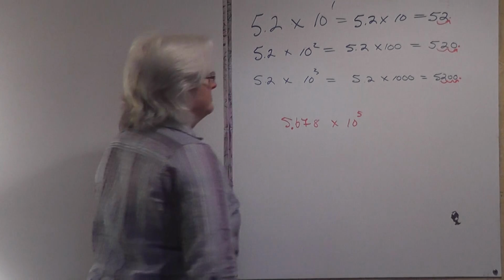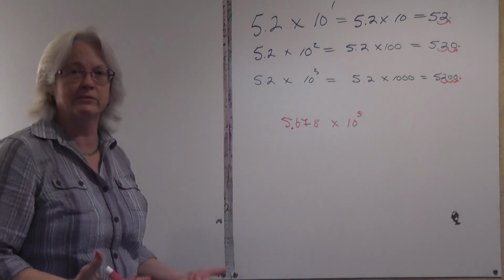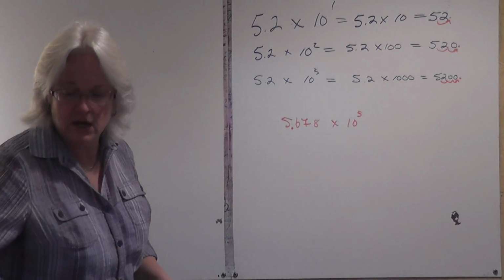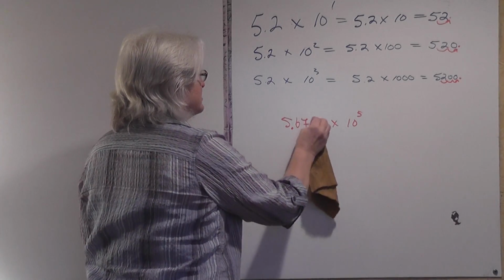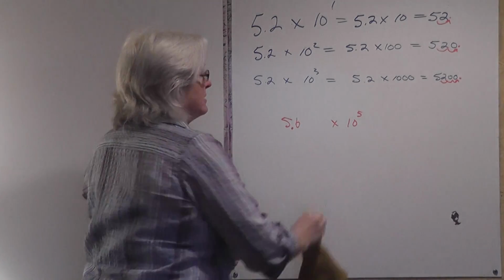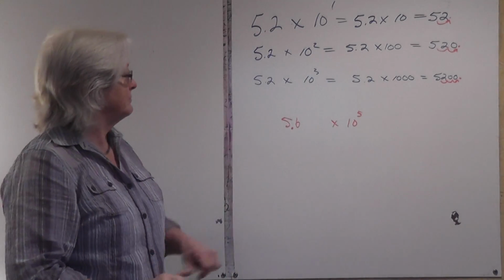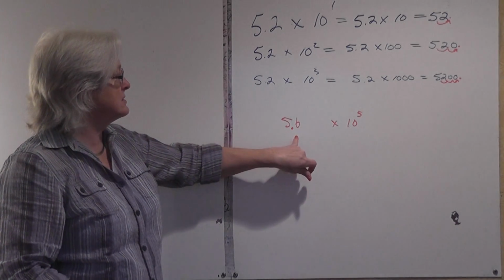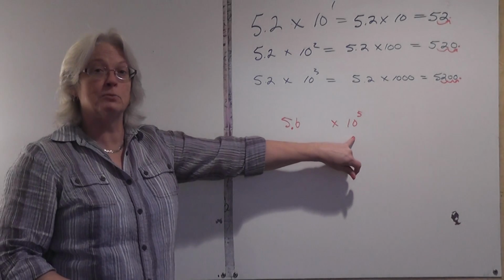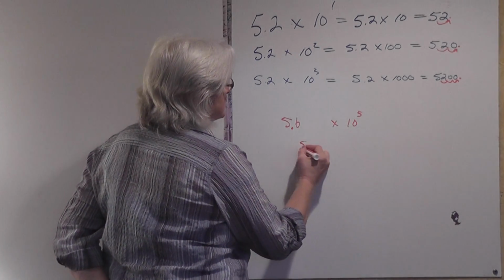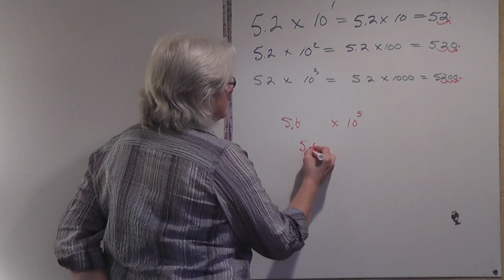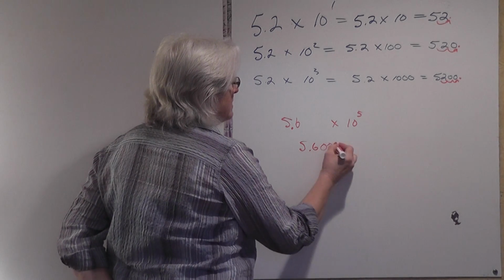10 to the 5th. And actually, you know, I teach higher level things as well. So let's get rid of that 5.678. Let's just go 5.6 because I don't want to do that one right now. What does this indicate to us? We're going to move our decimal point 5 units to the right. So if I have 5.6, I'm going to move,